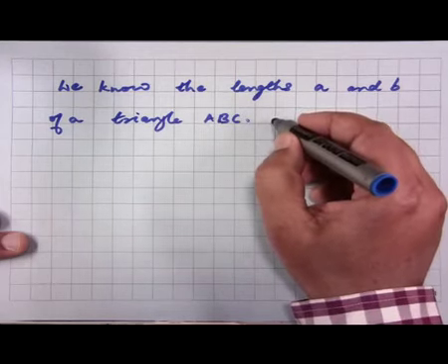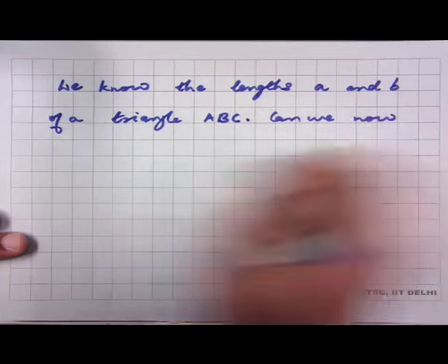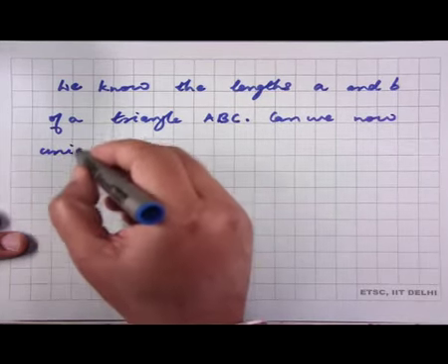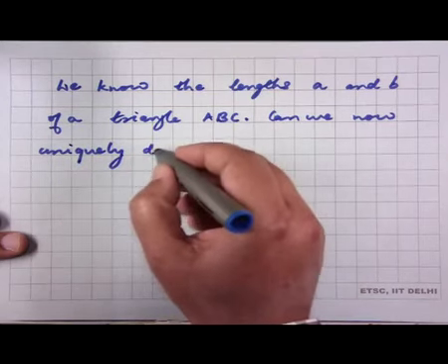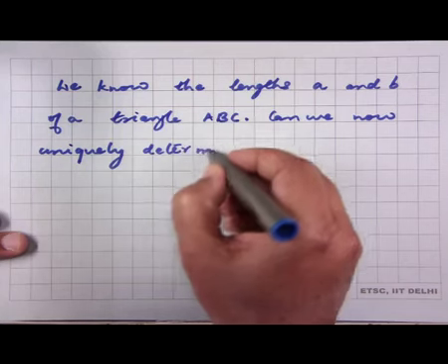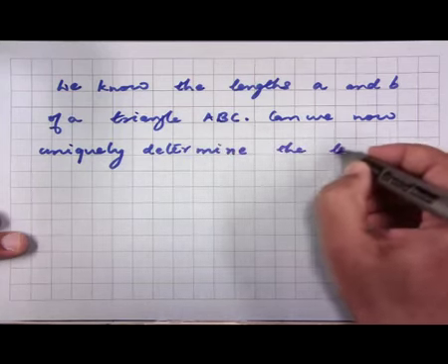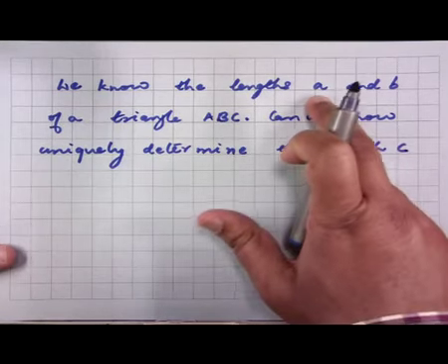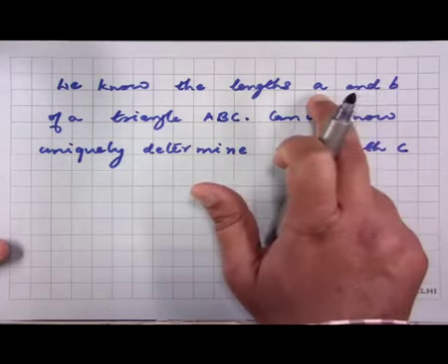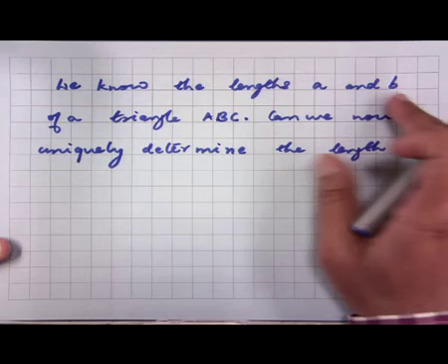The question now is, can we uniquely determine the length C? So, the length A is basically the length of the side opposite to angle A, length B